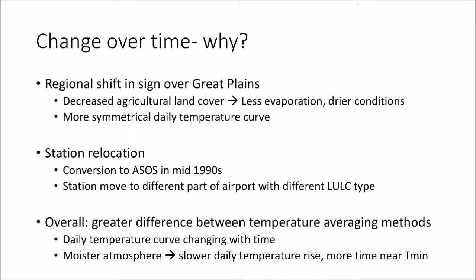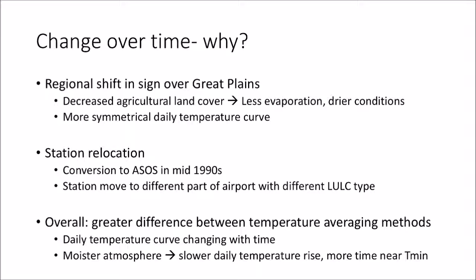One other thing that could be confounding this a bit is station relocation. In the mid-90s, basically all these stations converted to ASOS, the automated system versus the manual. And a lot of times that automatic equipment is put in a different part of the airport. So you had some station moves, many of these stations here in the mid-90s. That cuts my 81 to 2010 period in half, whereas 01 to 15 misses that move. It's all the new location. And even just a slight shift in location of your observation site could be to a place with different land use land cover, a different part of the airport, a different elevation. So that could maybe be explaining some of these changes here. It's the fact that all these stations move, so you have a sort of observational bias here.